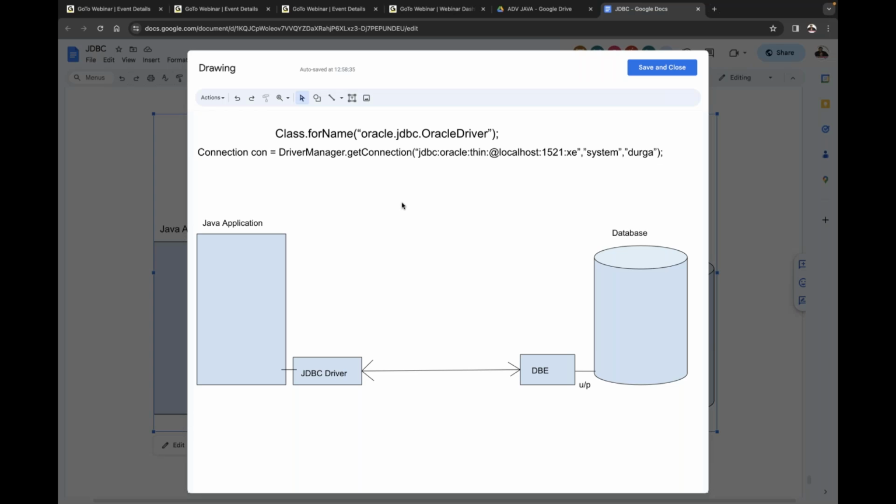All right, sir. Overall, what we completed in our application up to now: we just loaded the driver. Then after loading the driver, we established the connection between the Java application and the database. Up to this point we understood clearly. Is that got it or not? The next one is